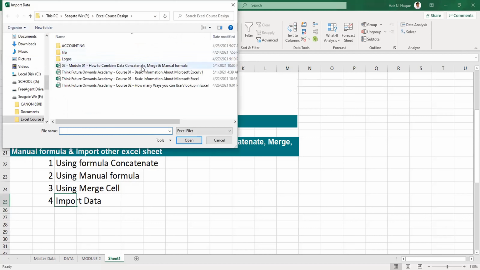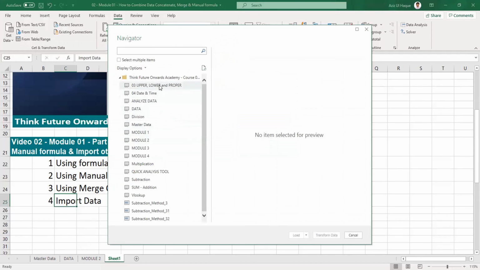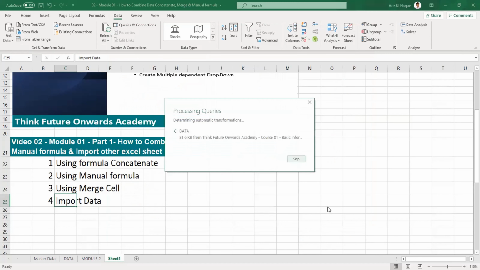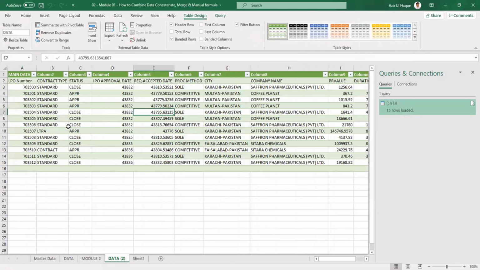It takes me to my data. I tell it to go to this sheet, import data. Now it shows me the Excel sheets inside my workbook. I said bring this data, and come down, and you will see Load. It is starting processing now, and it imported my data here. You can see it, data file, imported here now. So this way you can import your data and consolidate your data. It's up to you what you want to do.